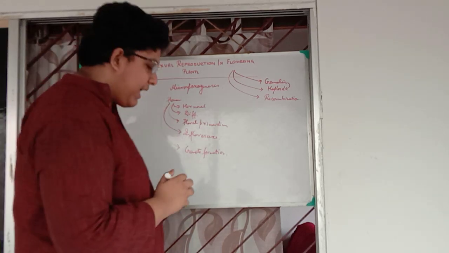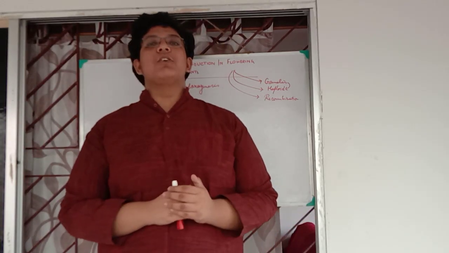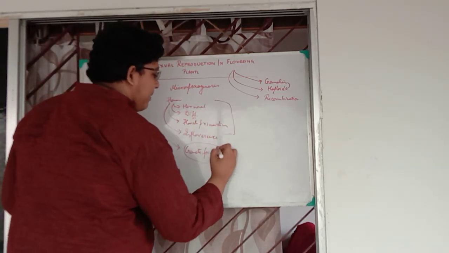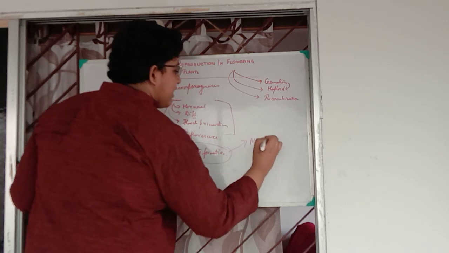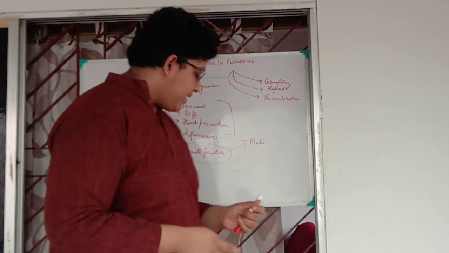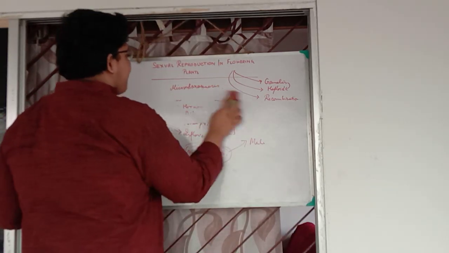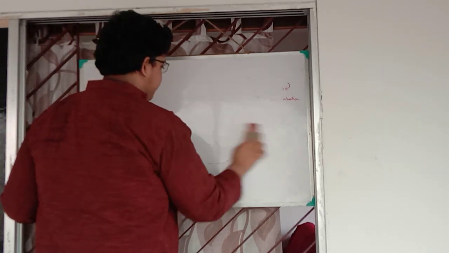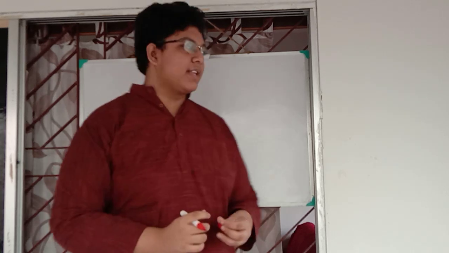Today in this video, since these are all introduction part, I will be only discussing gamete formation, that too male gamete, that is pollen grain, the formation of pollen grain, the structure of an anther. So what is anther or androecium? Androecium is defined as the male reproductive part of a flowering plant. This is the appropriate definition of androecium. In androecium, what do they form as the unit of sexual reproduction? That is known as pollen grain.